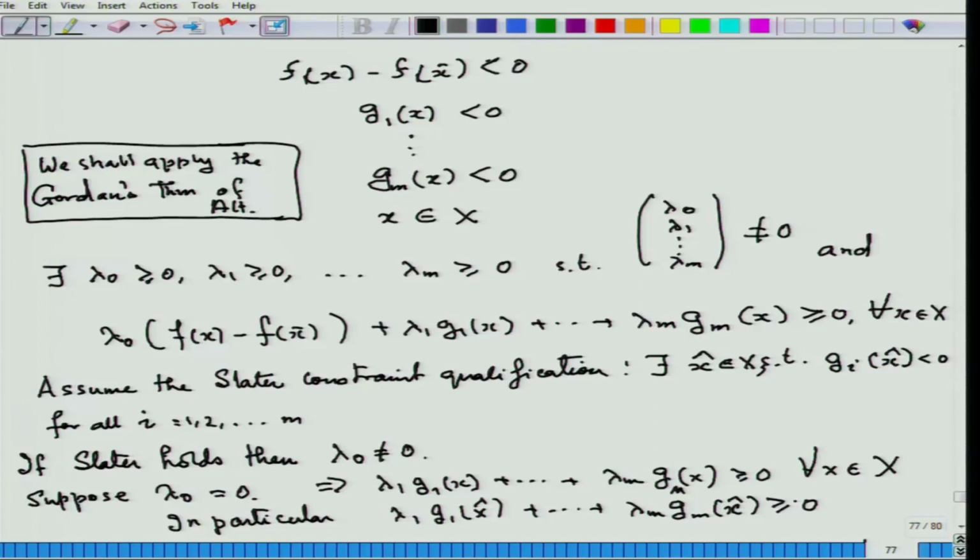Now you can see what is the game. There will be a contradiction because each of g1 x hat, g2 x hat, gm x hat are all strictly less than 0,